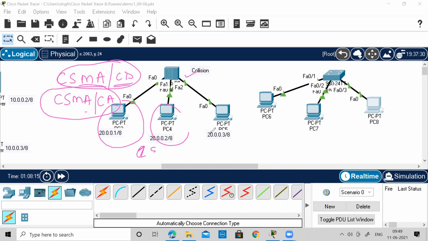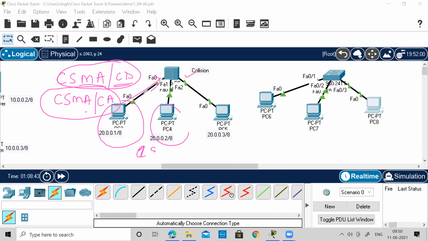Until then, all other devices, now at present there are only 3 devices. Let's say there were 10 devices. What you should convey to the other devices is that there is a collision which has happened. So you wait for some time, take up some back-off time, some waiting time. You select some clock cycles and wait. And then these 2 people have also set up their back-off time. They will send information as per their clock.